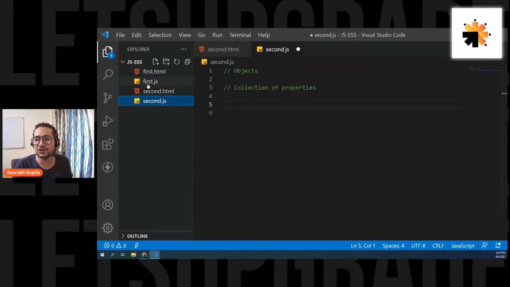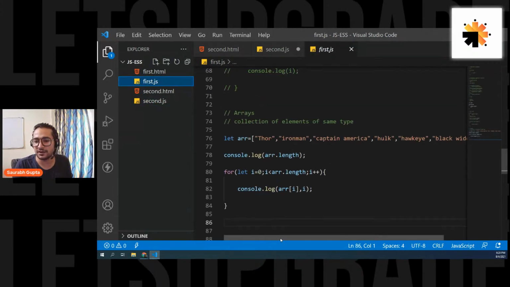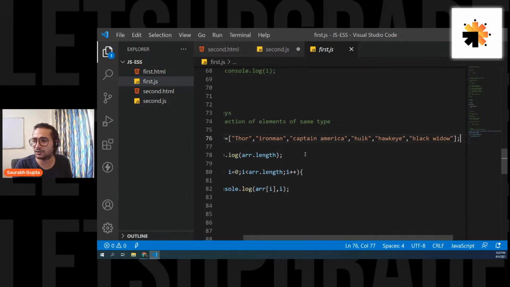For example, in our first.js, I think I have used it everywhere. See here, after console.log, I think I have not used it here, but I have used it here. I have used it everywhere because I have a habit of using semicolons, because I don't only work with JavaScript, I also work with different languages. So that I don't get confused, I use semicolons in all the languages, so that I don't have to develop two habits of not using semicolons in JavaScript and using them somewhere else. I personally like to use semicolons everywhere.